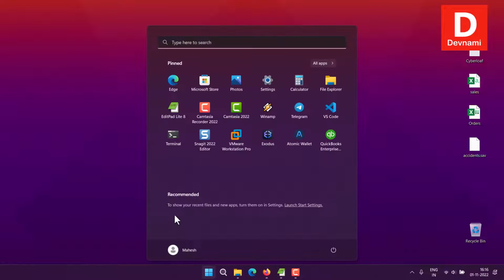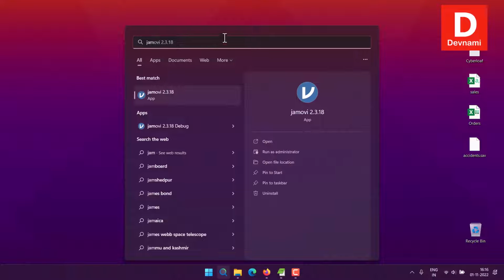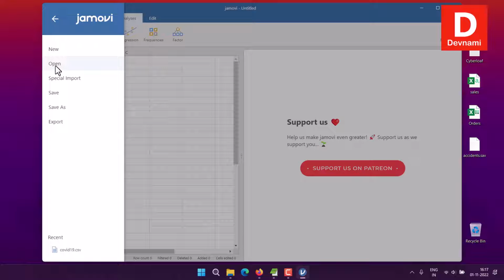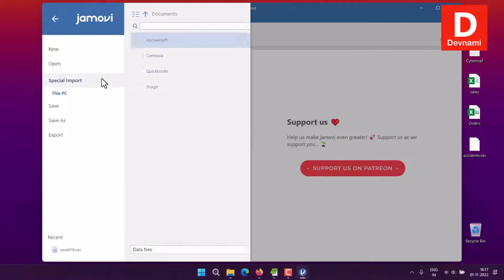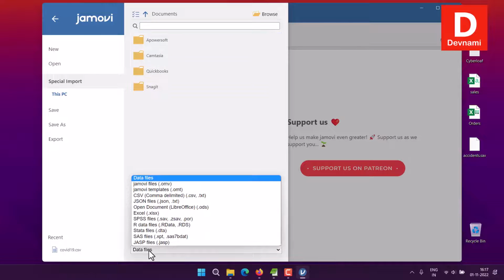So let me open Jamovi, simply by typing it into my search. Okay, once Jamovi is open, next thing we are going to do is check this ribbon button, and here we will be using the open option. There is also special import, so if you want to check that, you can do so as well. Click on special import, where you will see this list of directories where you can import the data files